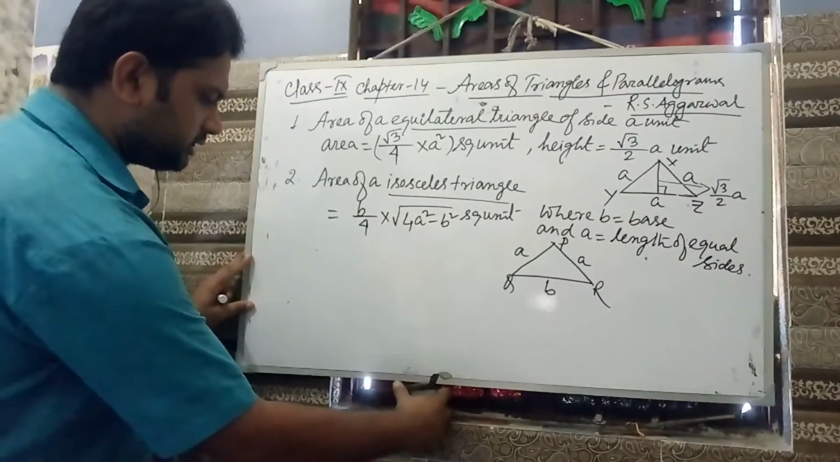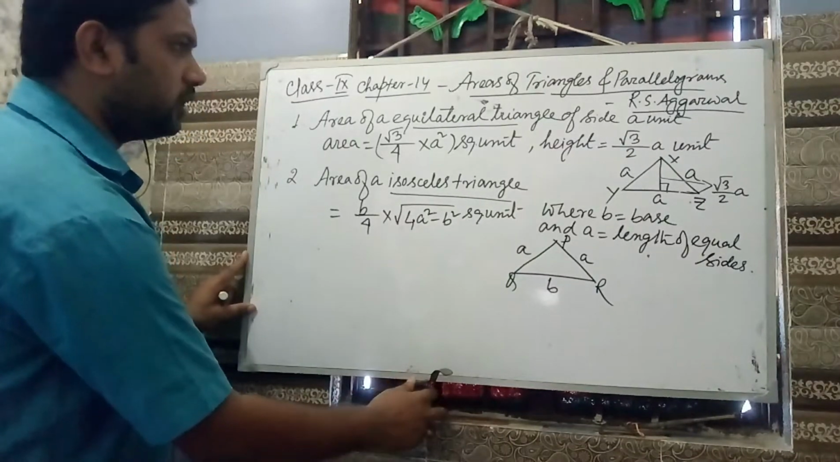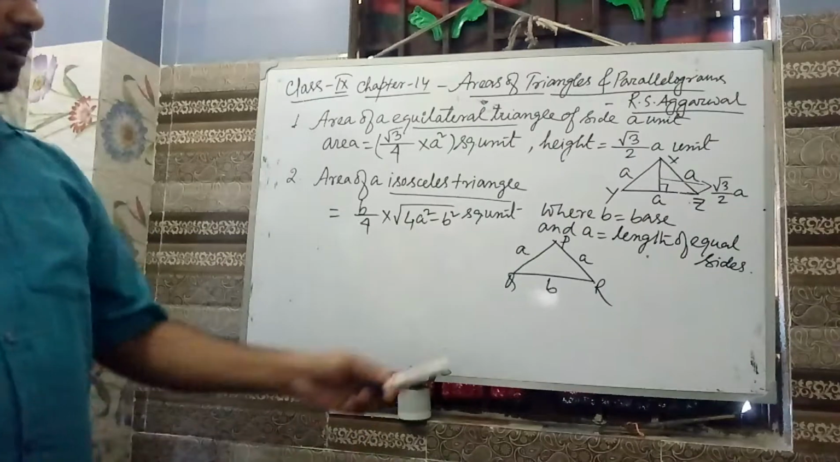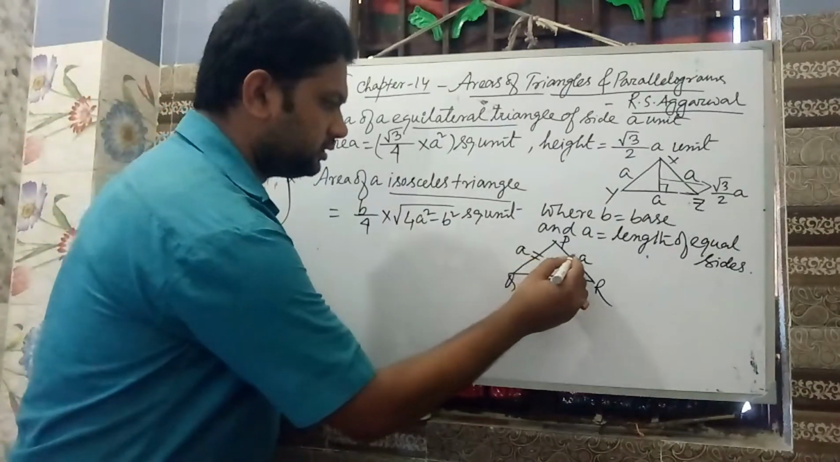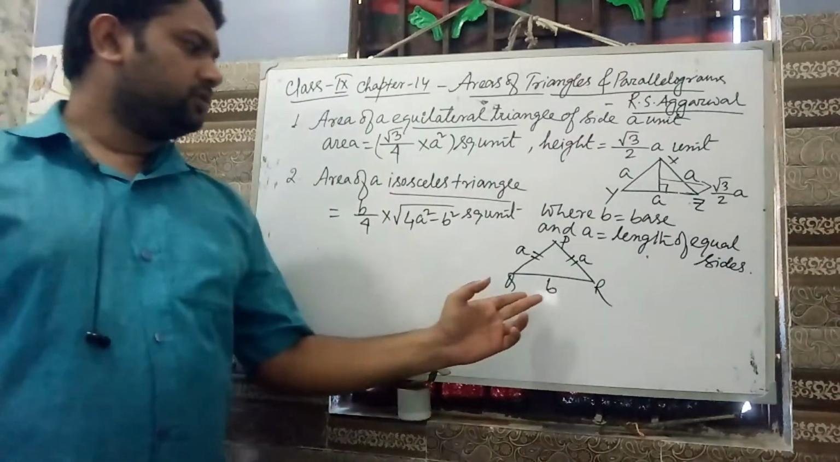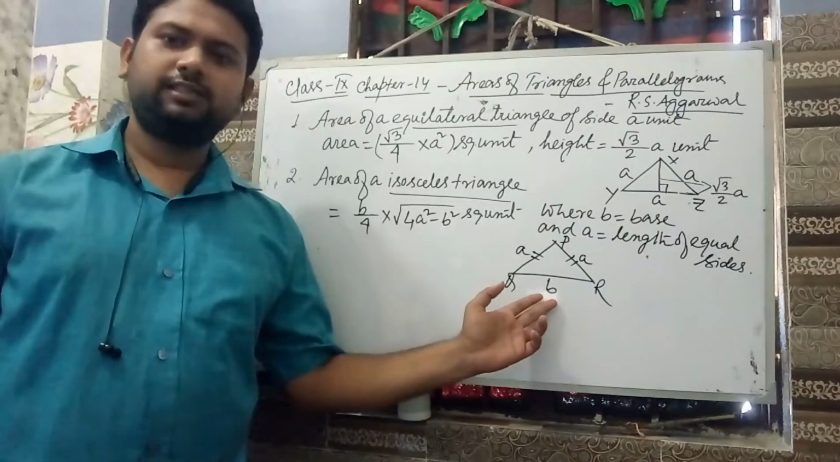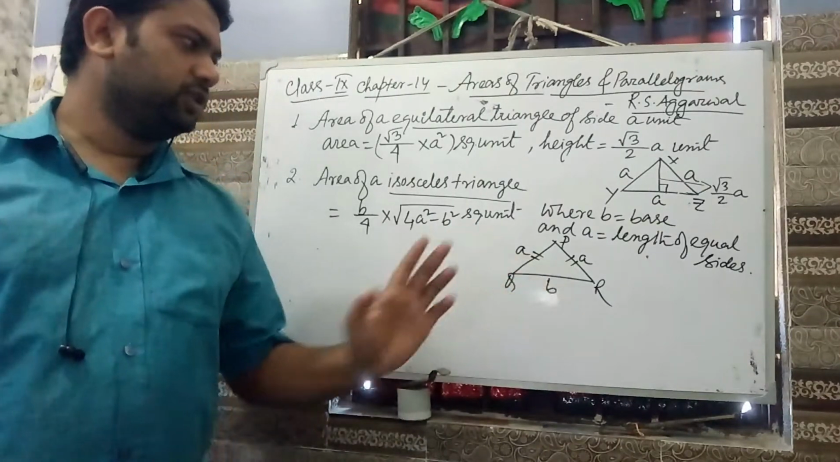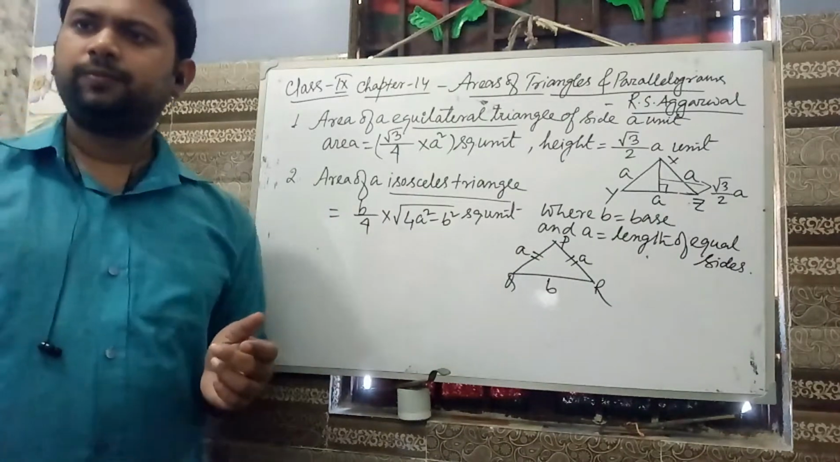In an isosceles triangle, we have two sides equal. We have considered the two equal sides to be A units, and the unequal side which we take as the base as B unit. So the formula,